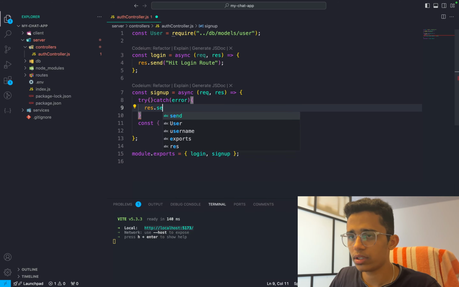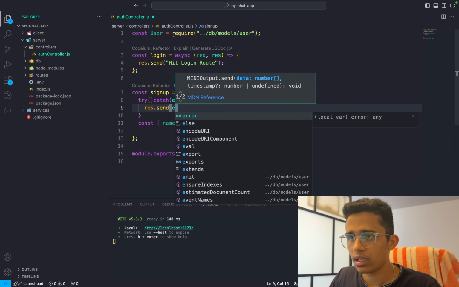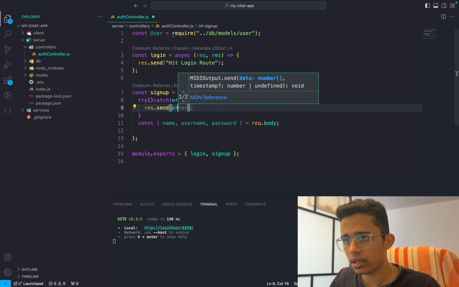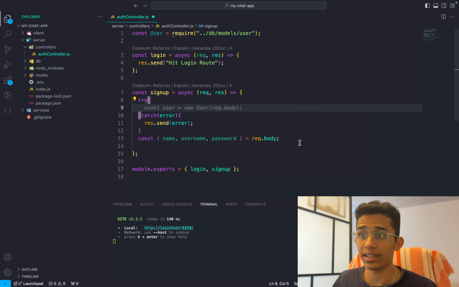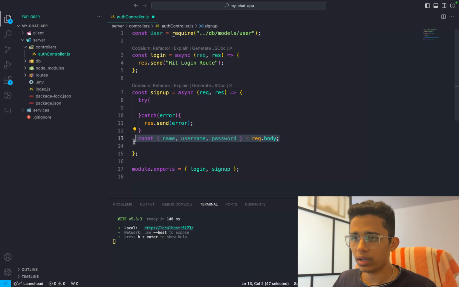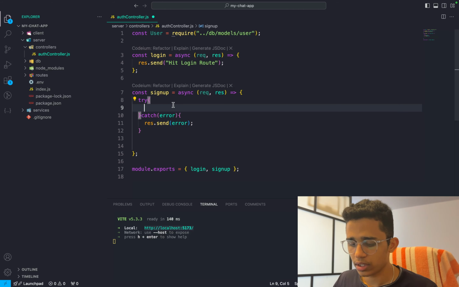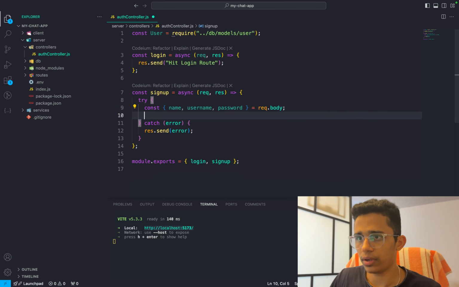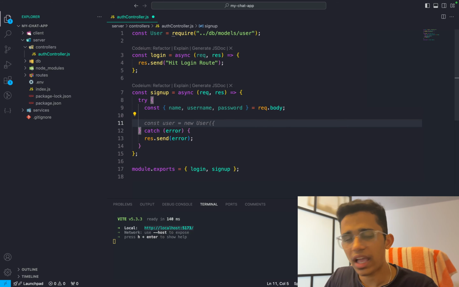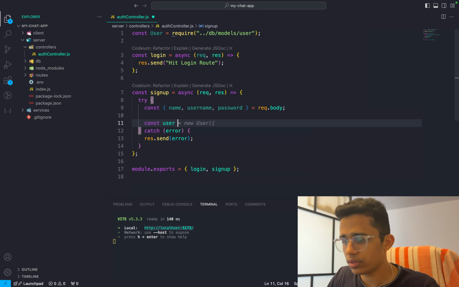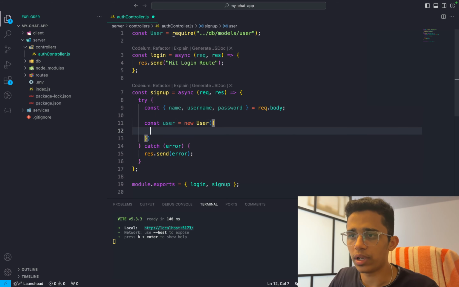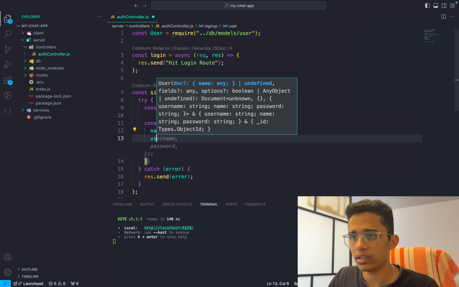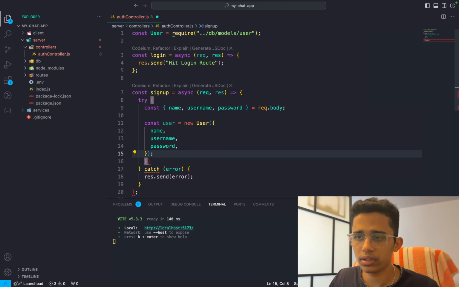response.send error. We'll see how to handle the errors properly. For now, let's do response.send error, right? And now I'm gonna go ahead and destructure everything here. Okay, after that I can easily go ahead and do user equal to new user, which will have all these things, username and password. All right,